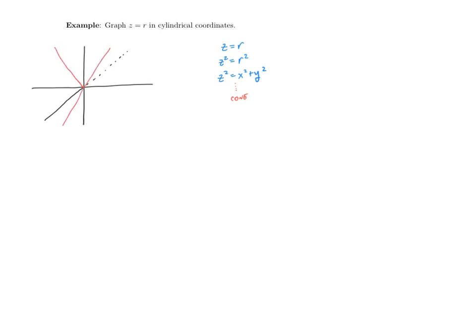And note it's really a double cone going in both the positive as well as the negative z direction. The takeaway from these two examples is that cylindrical coordinates is well suited for describing cylinders and cones. And when we see cylinders and cones coming up as parts of our solid of integration, it may be a reasonable idea to apply